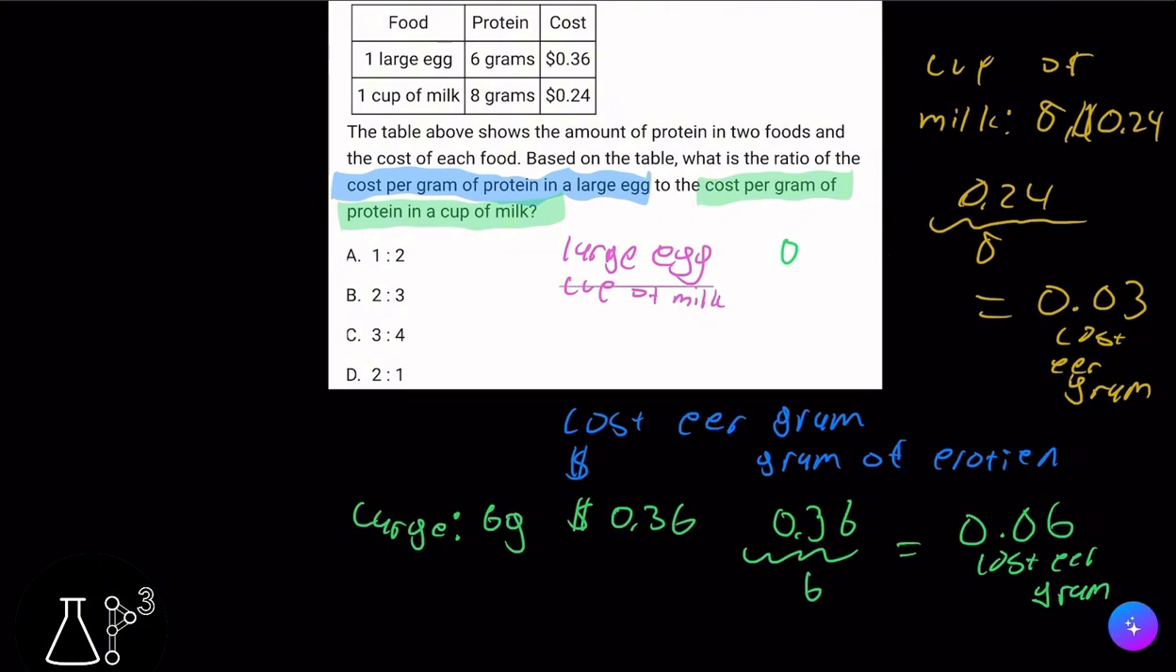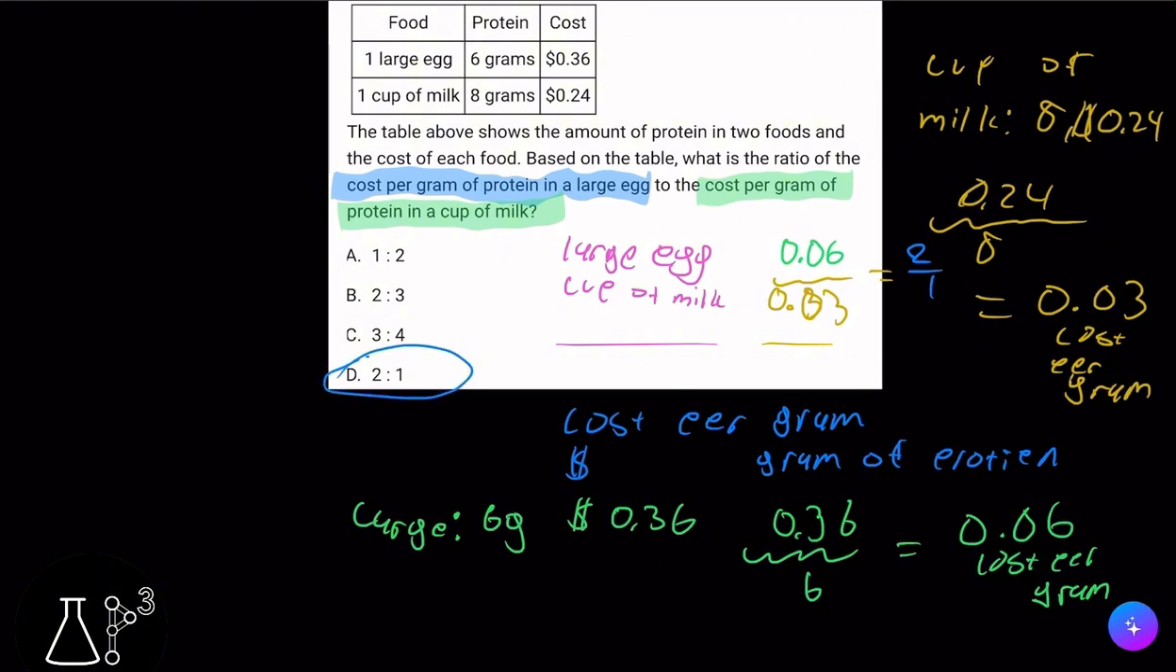So it'll be 0.06 cost per gram, and then I'll divide it by 0.03 cost per gram of a cup of milk, and then that equals, if we divide by 0.03 on both sides, I'm gonna get 2/1. So for every 2 large eggs, there's 1 cup of milk cost per gram, and that is the answer